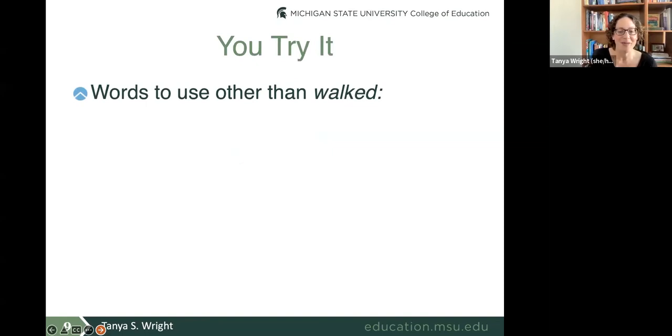All right, so I thought it would be fun, if I can see the chat, for everyone else to try doing some more nuanced words for walked. What might be some other ways kids could say walked? All right, I'm loving this. Let's see. Traipsed, love it. Strutted, loped, strolled,